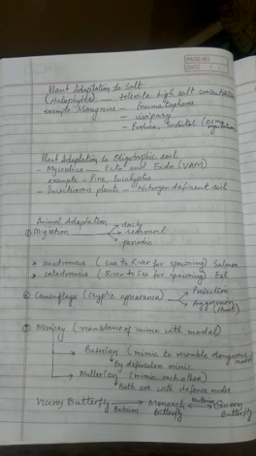In the same manner we have eels. Most of the eels are catadromous in nature because they migrate from river to the sea for spawning. An eel starts its life in the sea as the eggs are laid there, and then once they are formed from the eggs, they migrate into the inland water or river, that means fresh water, and live their whole life in the fresh water. But when they are supposed to go for breeding, they go back into the sea for spawning. Such fish are called catadromous.